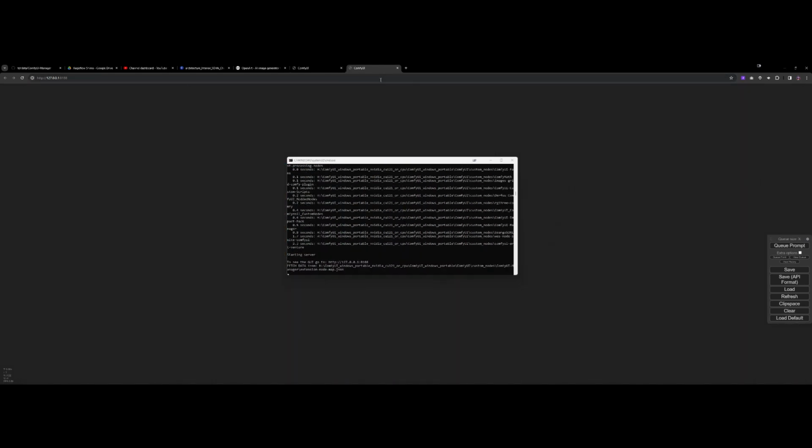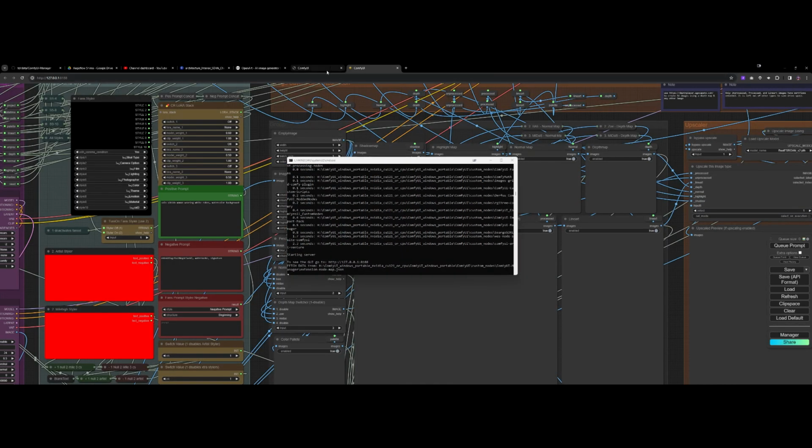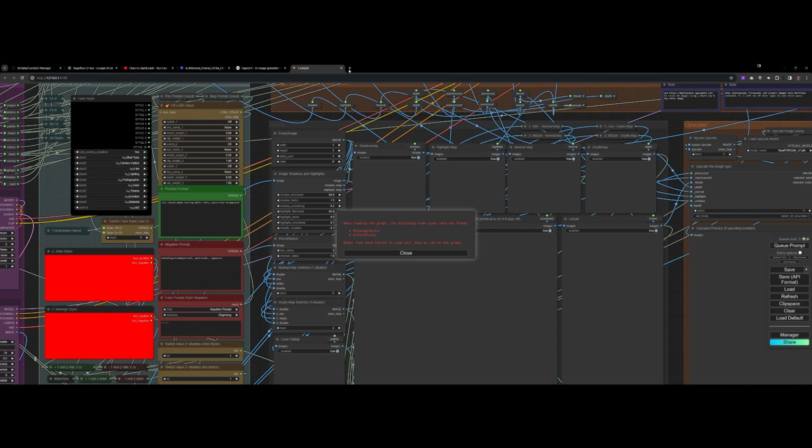And again, we're about 5 minutes into this process, so it's continuing to install things. All right, and the installations have more or less finished. It's going ahead and loading again, and it's going to restart. And we can see now that we have most, if not all, of the dependencies satisfied on the node